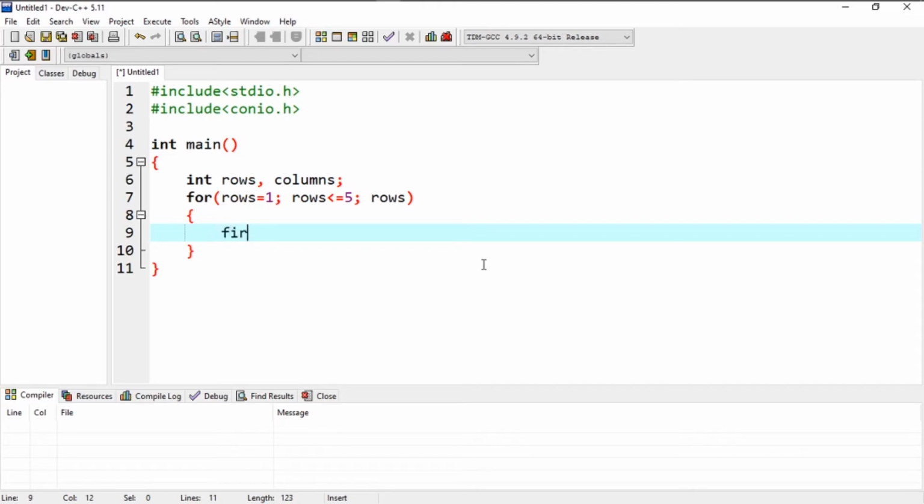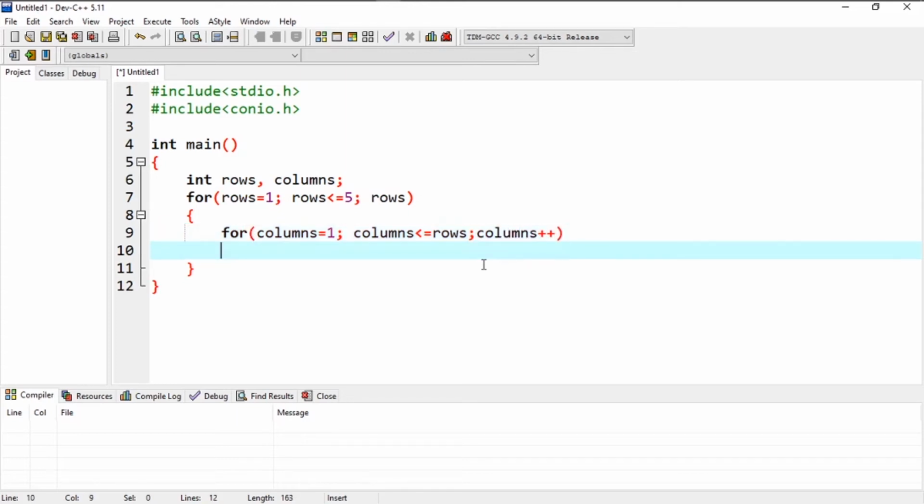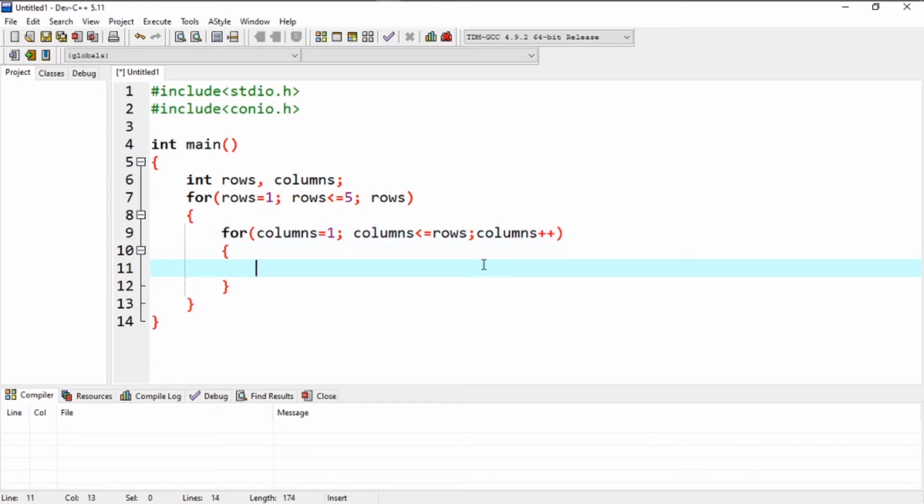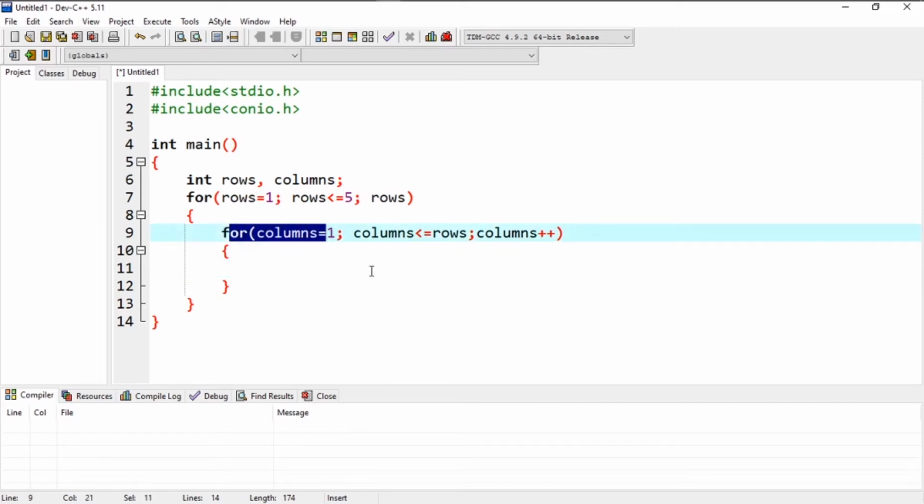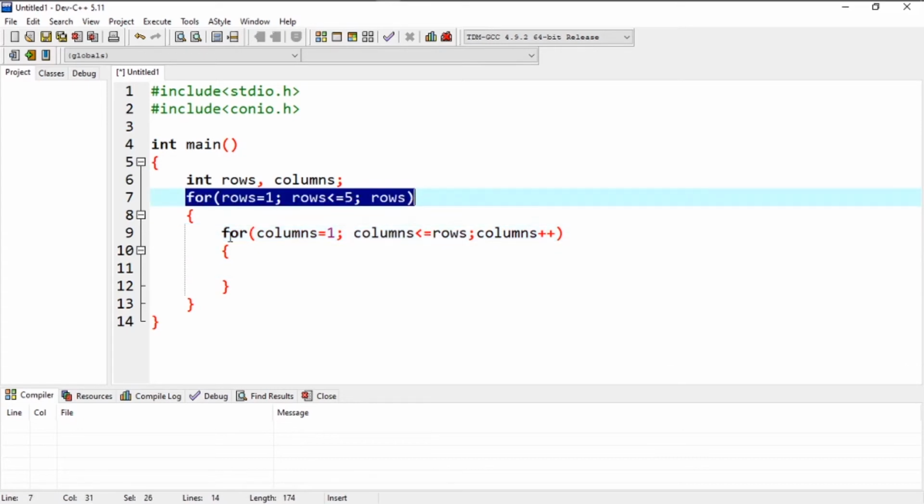Add another loop. Now the number of times the second loop executes is determined by this statement, and you see row here. So the outer loop will be controlling the inner loop.